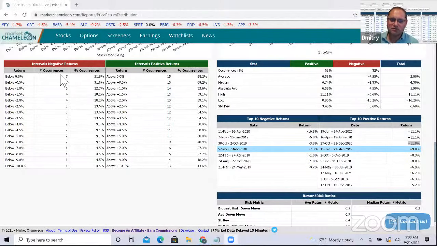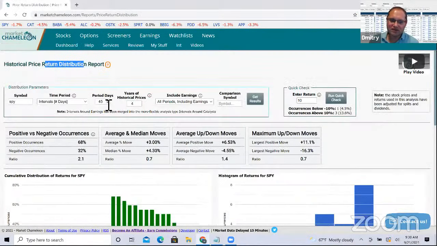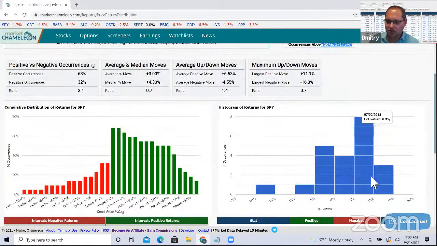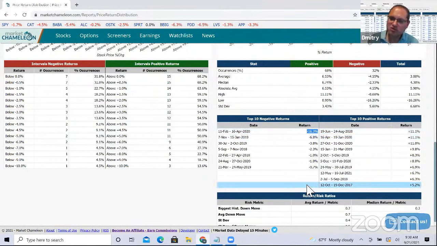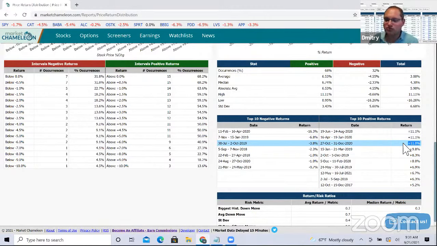I went to SPY, historical distribution. I set up 45 days because that's about 2 months of business trading in the last 4 years. And then I just put 10% in here really quickly. So I see here 10%, the amount of times it fell below 10%, that was one time. 3 times it was above 10%. And then I went here just to take a look at those extreme moves, top 10 moves above 10%, which happened 3 times. The amount of times it fell below 10% happened once. So you could see here 16% when it fell down that one time. The 3 times that it went up was about 11%. So it didn't go too much higher than the 10%, but it was more frequent.